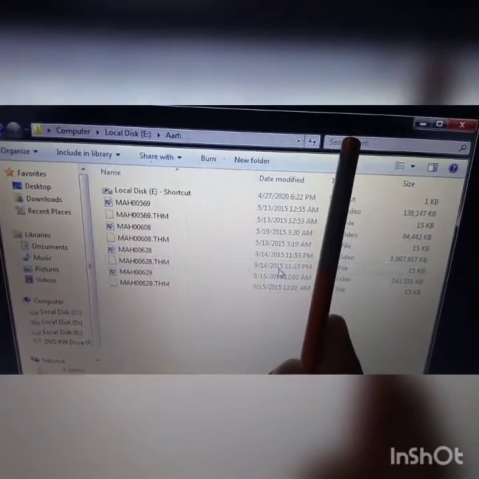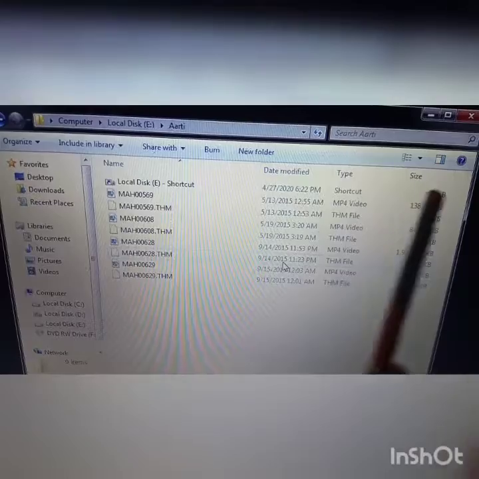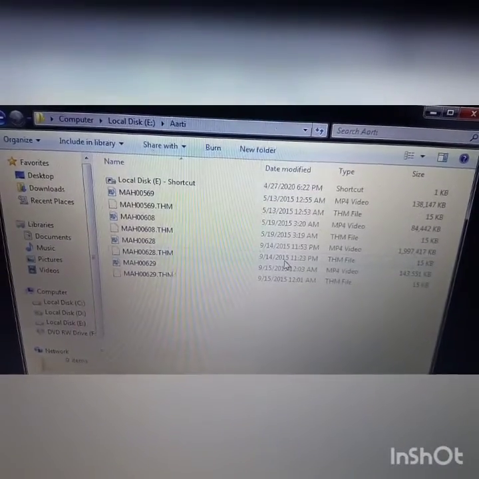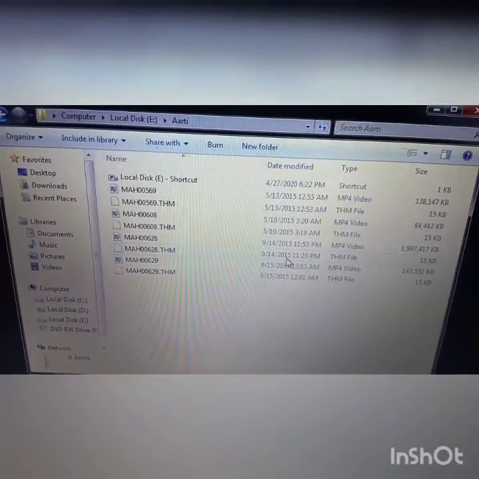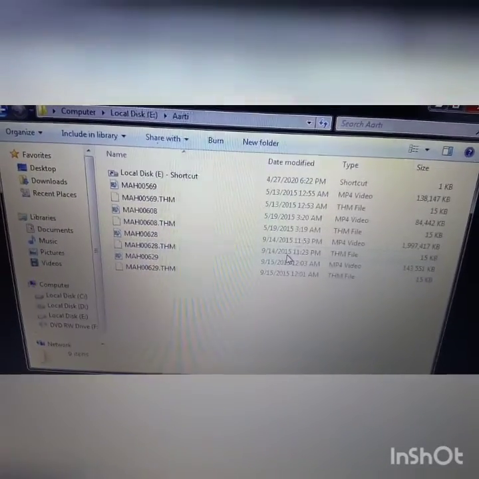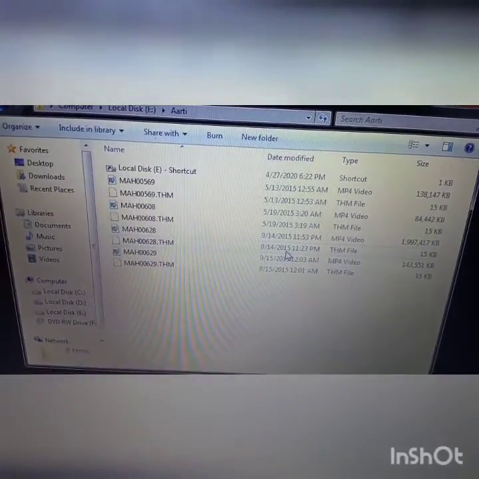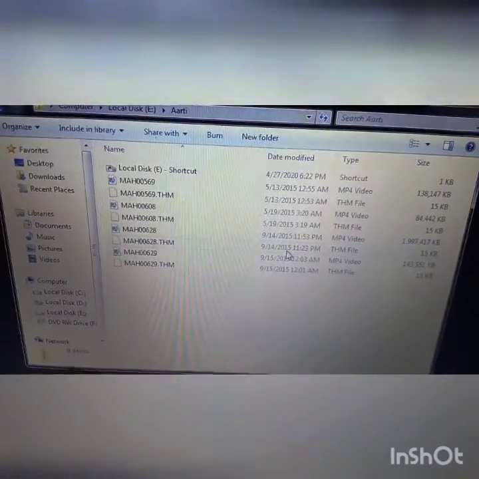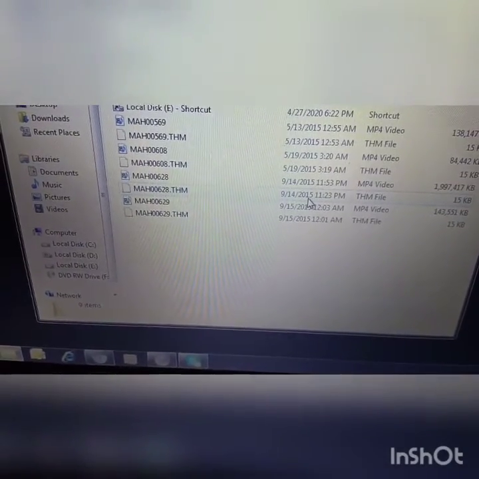This is your search box. Column heading. These are the column headings. File list. This is the file list. Navigation pane. This is my navigation pane. Detail pane. This is the detail pane. It means 9 items are there. This is the detail pane.